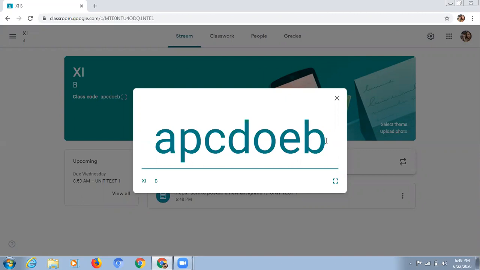So here what you have done is you have created a class, you have attached your paper with Google Classroom, and after attaching it, you are just sharing this code with your students, and now students will appear for the test and you will receive your answer sheets on your Google platform, on your Google Classroom only. I will just show you how.